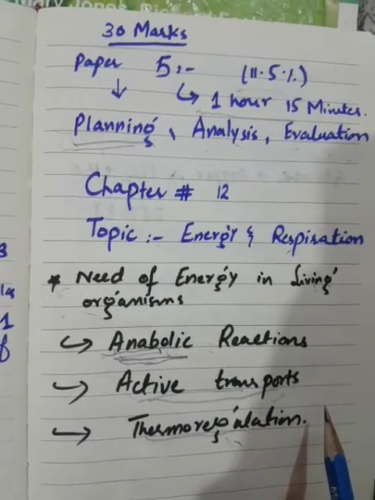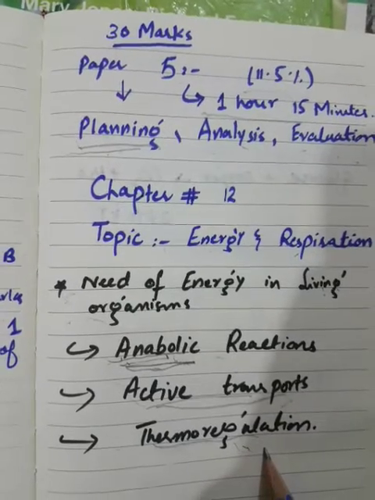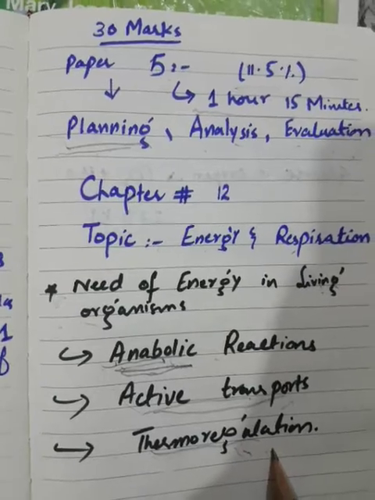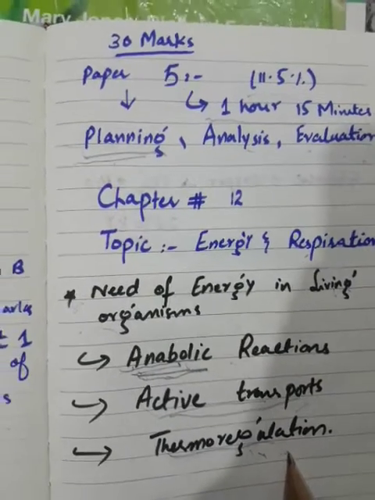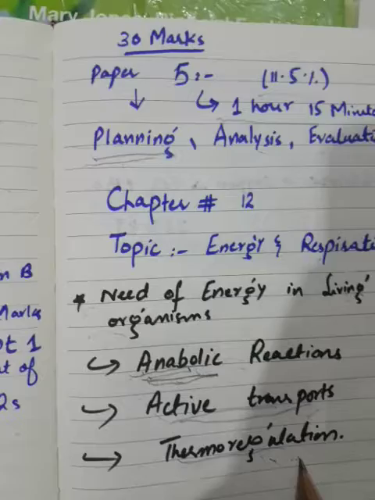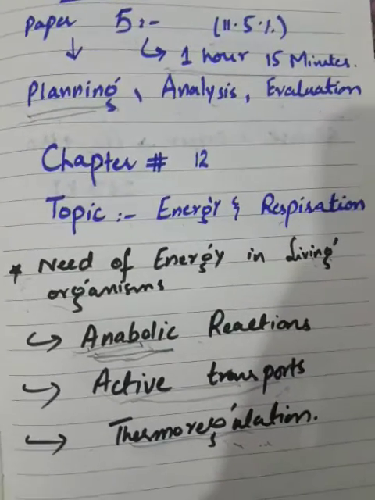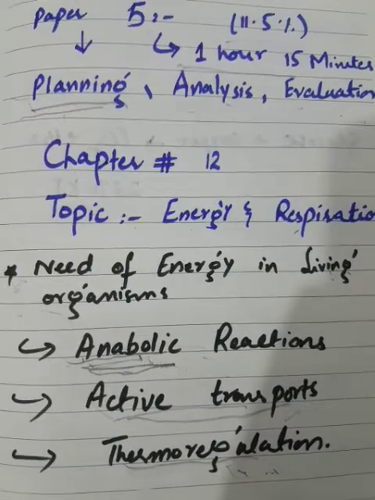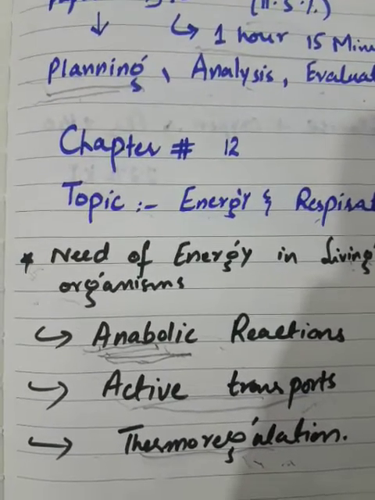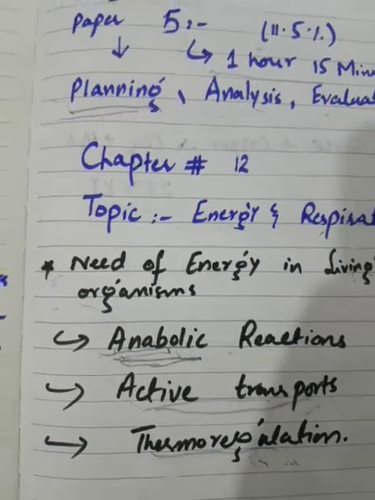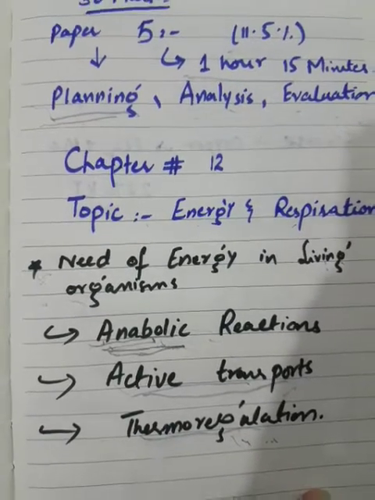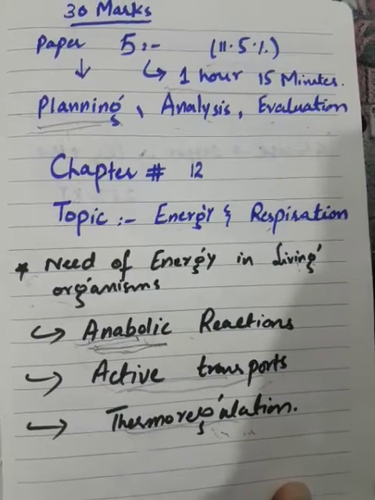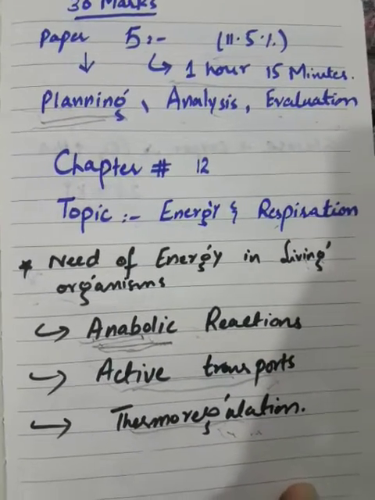In order to reserve energy, they undergo hibernation, in order to survive. But then there is a category of living organism called endotherm, which includes all the mammals and birds. They have the ability to maintain their internal temperature, and in doing so, they require energy. And we learned about this process of thermoregulation in humans, that humans regulate their internal temperature using a specific phenomenon of negative feedback mechanism.